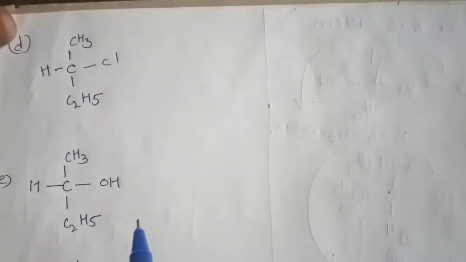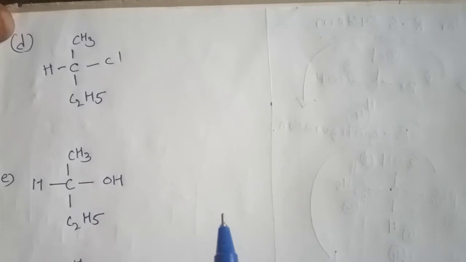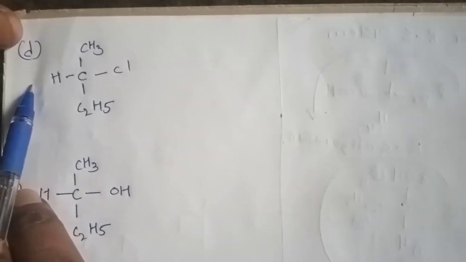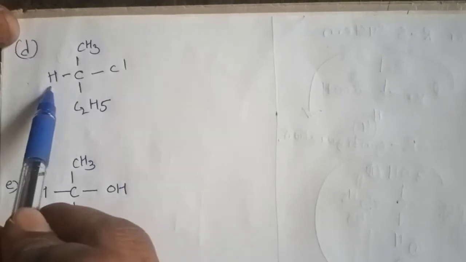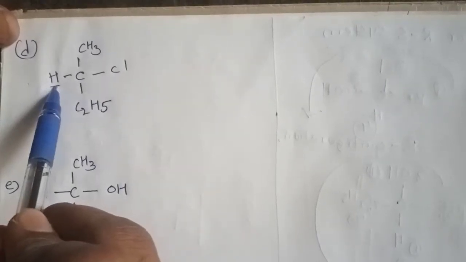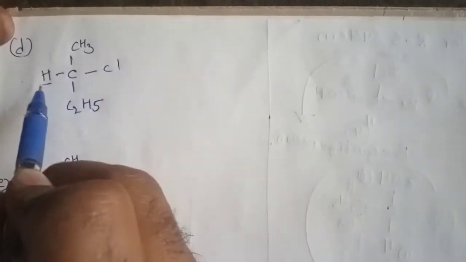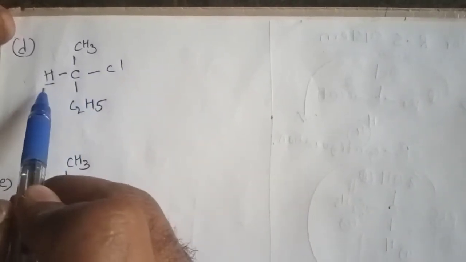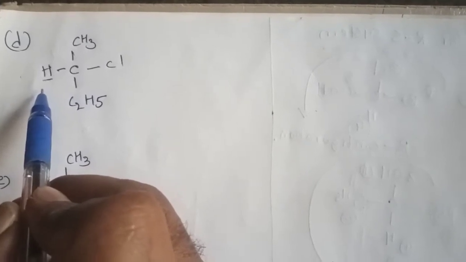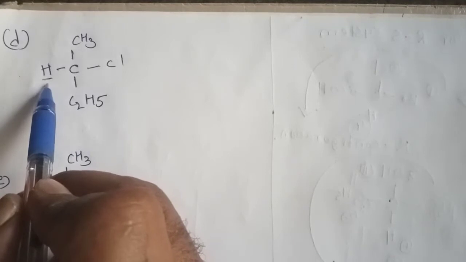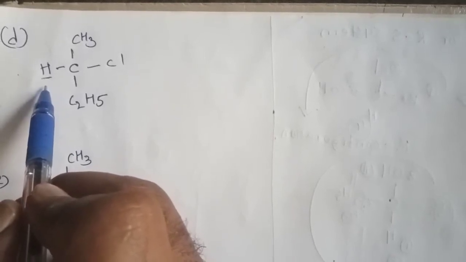In the previous video, we have seen examples A, B, and C. Now here is example D. In this D example, hydrogen is given at the left side of the horizontal line. When it is given on the left side, the rotation is always anti-clockwise. So it has to rotate in anti-clockwise direction.